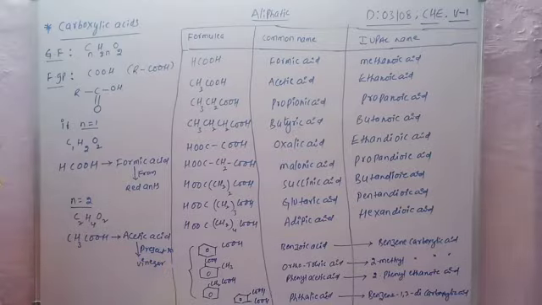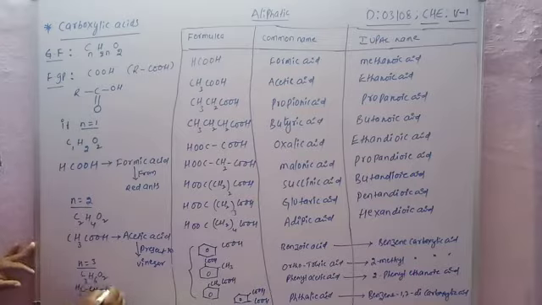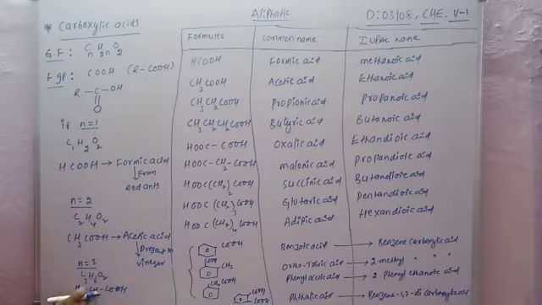So now, for example, if n equal to 3, the compound is C3H6O2. C3H6O2 means CH3, CH2, COOH. Number of carbons 3, number of hydrogens 3 plus 2, 5, 5 plus 1, 6, number of oxygens 2. So the name of the compound is,